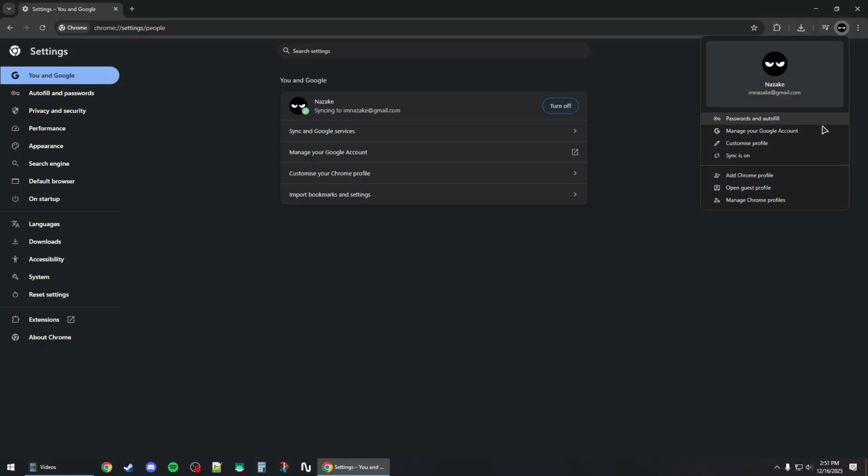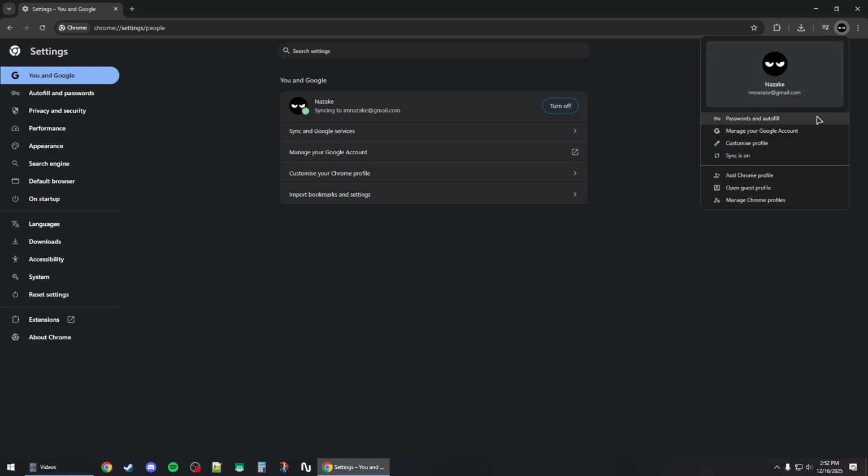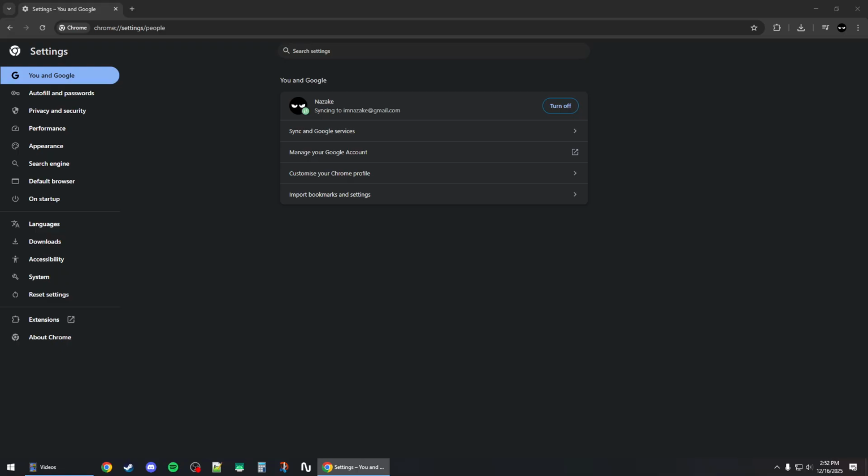First, you want to click on your Google Chrome profile and then click on Manage Chrome Profiles. And then you can basically click on the three vertical dots again and then click on Delete to completely delete your current profile. And then you should be able to add your profile again by clicking on this profile icon